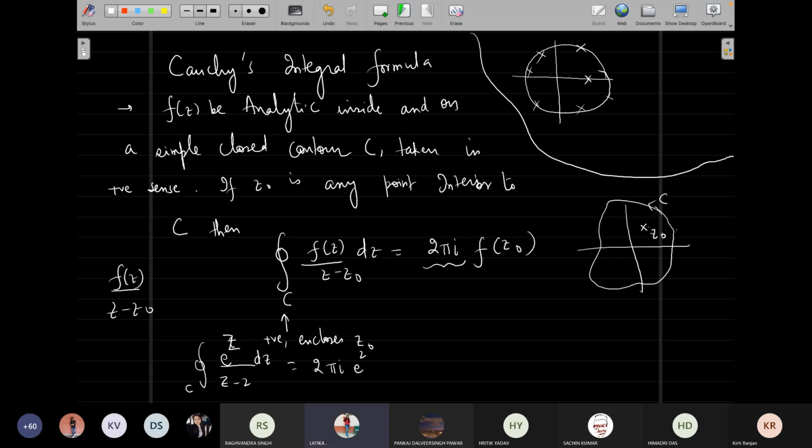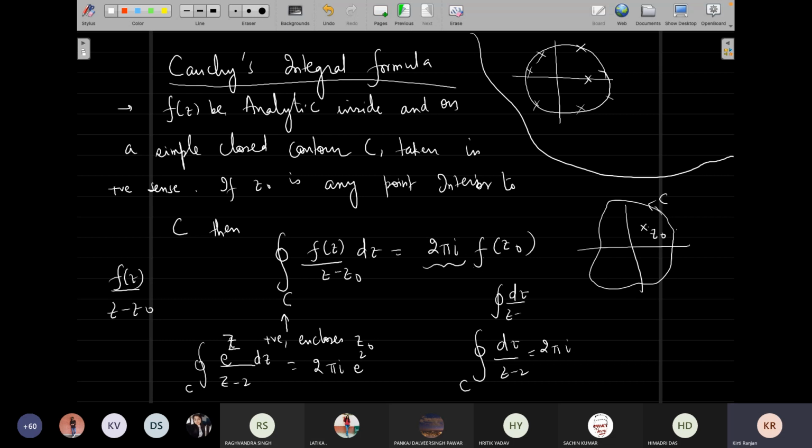So this formula which you wrote. Which I wrote. Okay, so this is the power of Cauchy's integral formula, right? What would have been the result if I had written dz over z minus 2, by the way? Exactly the same, including 2 pi i in the positive sense, which you would have got from the previous one. And what would have been the case if I had written dz over z minus 2 whole squared? 0. Excellent.